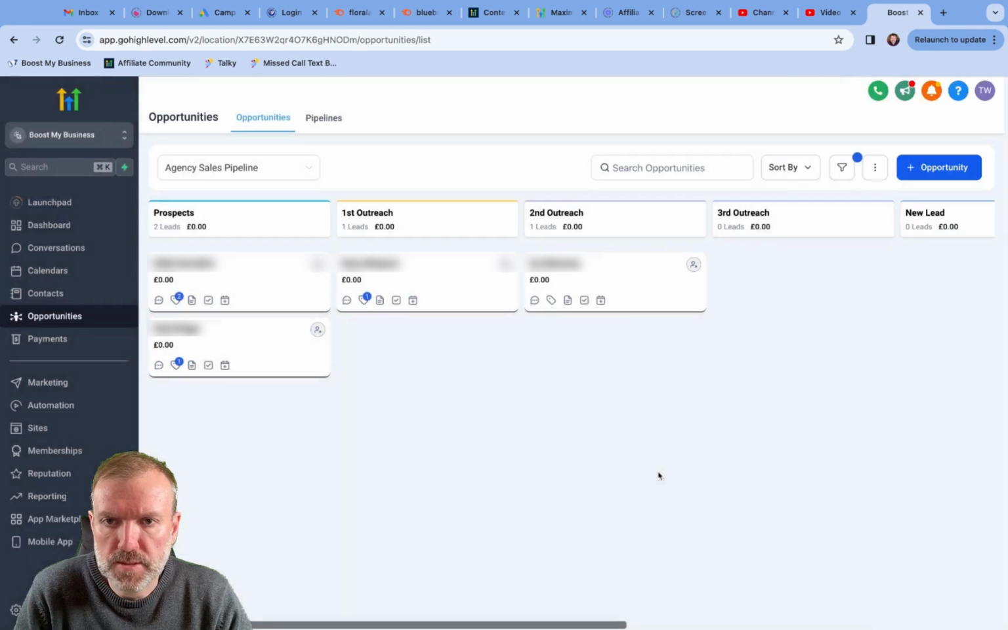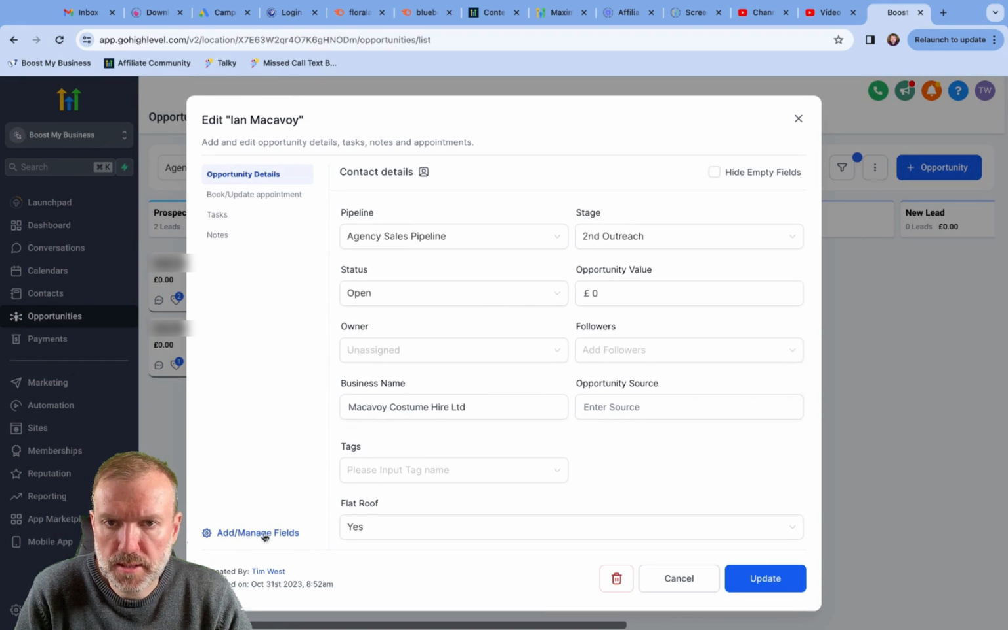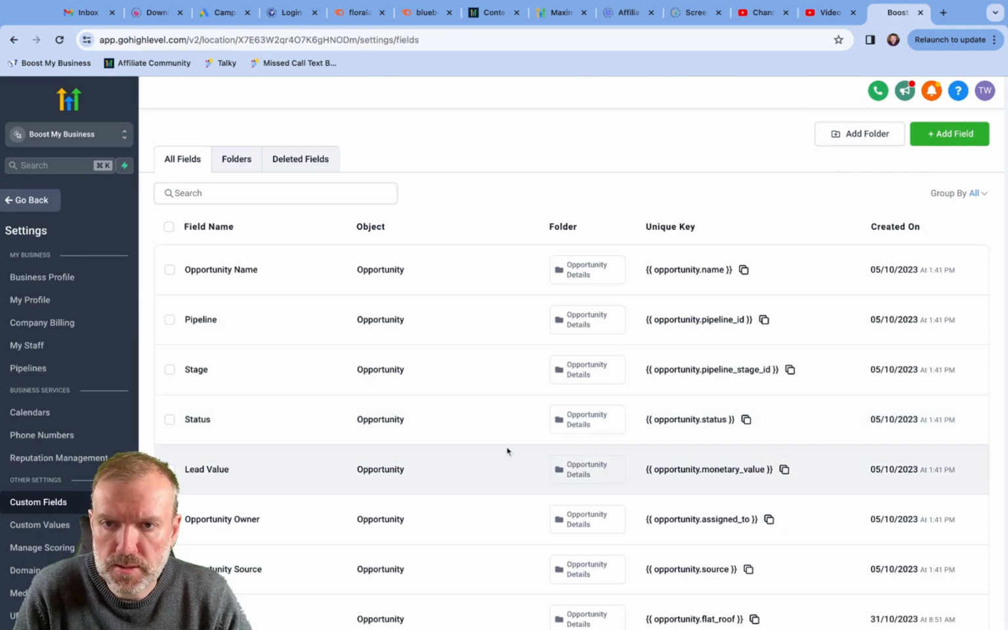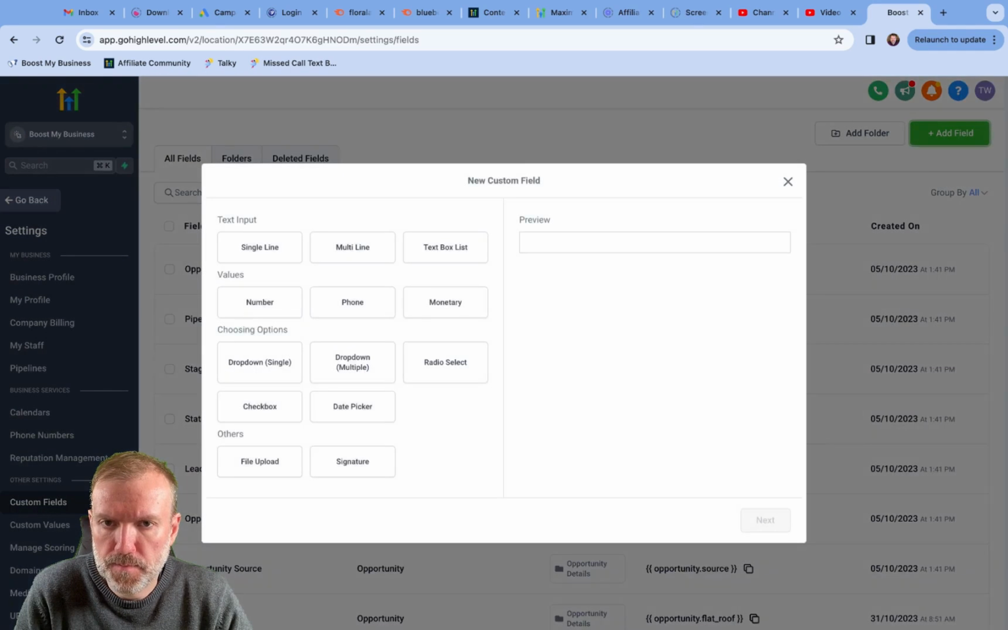Creating custom fields inside opportunities is easy to do. If I click on an opportunity card, I can click down here, add and manage fields. If I give that a click, it will take me to custom fields under settings, and we simply add a new field here. In this case, we might want to know what type of house they have. So if I choose my field type,